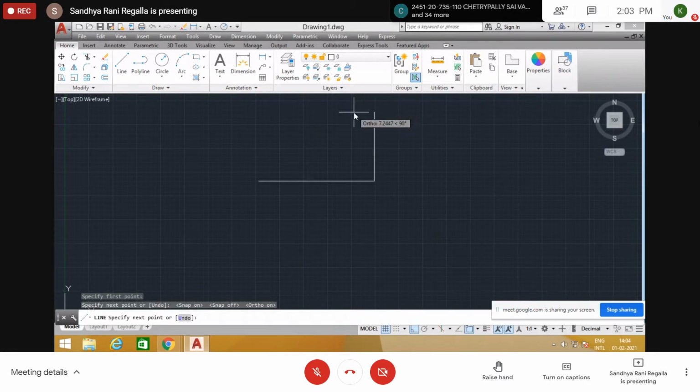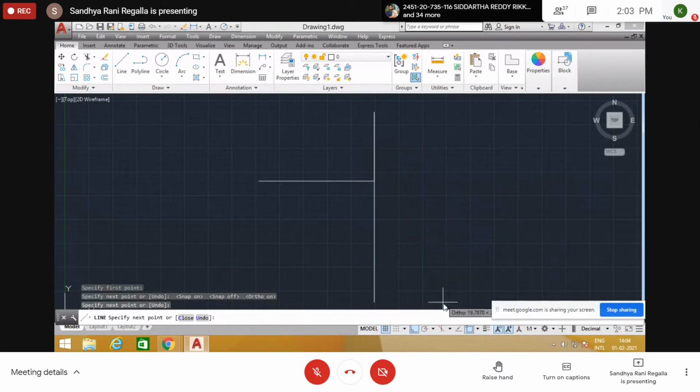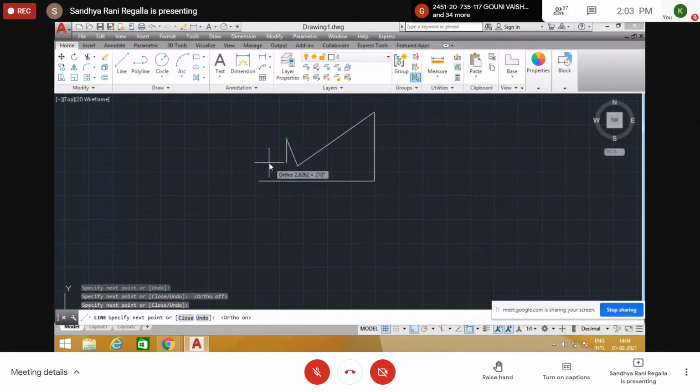If you click the mouse away from the line also, it will take that end only, it will not come as inclined lines. Suppose if you turn this one off, now see, you can draw inclined lines also. If you turn on this ortho mode, we can't draw inclined lines. So if the drawing contains all horizontal and vertical lines, in those cases it is easy to draw when you turn on this ortho mode.